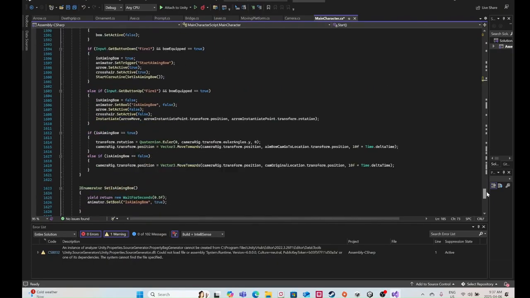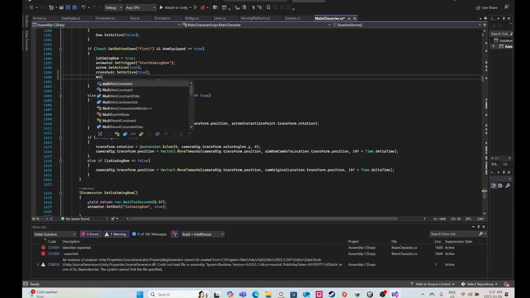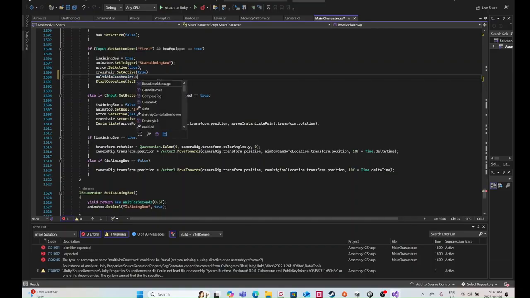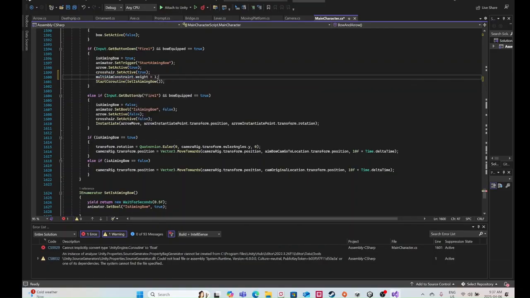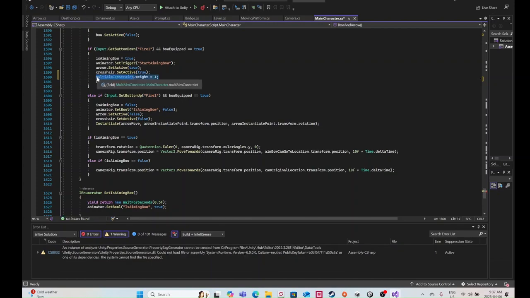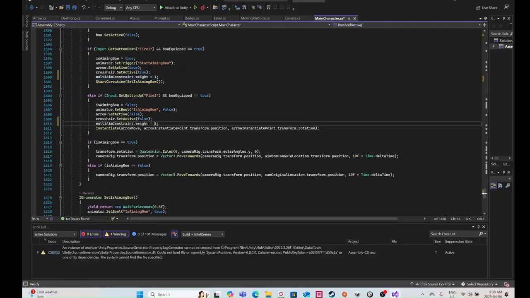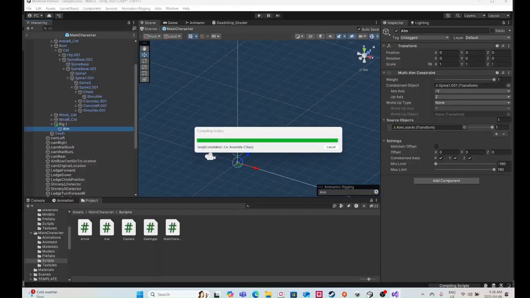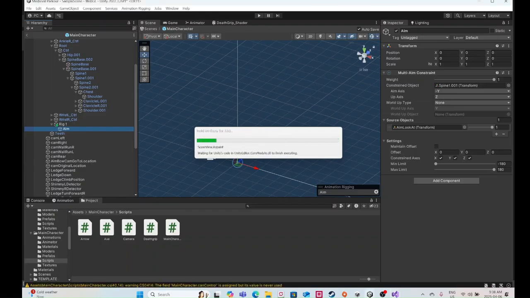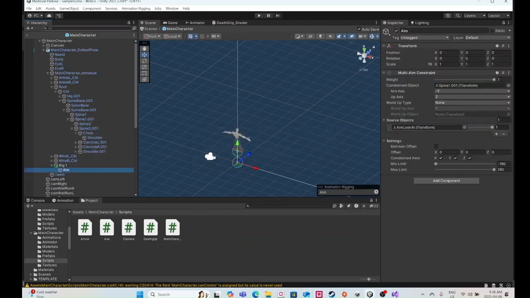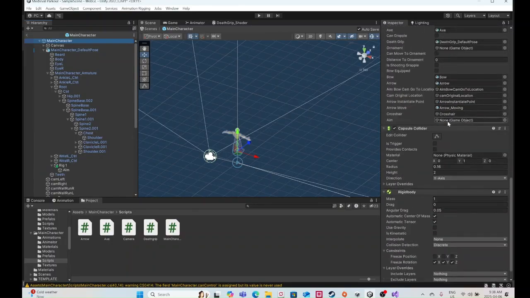So back in the code, where the button is being pressed down, I'm going to put multiAimConstraint dot weight equals 1, and when the button is released, it's going to be set to 0. So I'm going to compile that, go back into the editor, and with the character selected in the script, I've created a field for aim. So I'm going to drag and drop this. So now if I hit play,